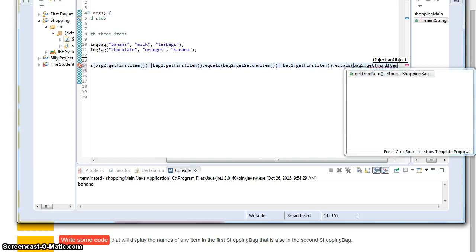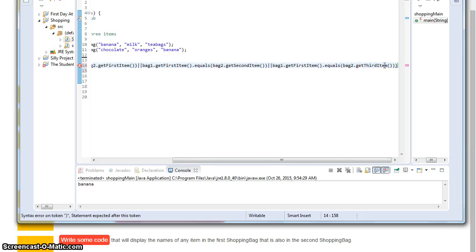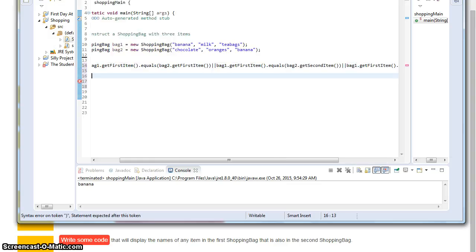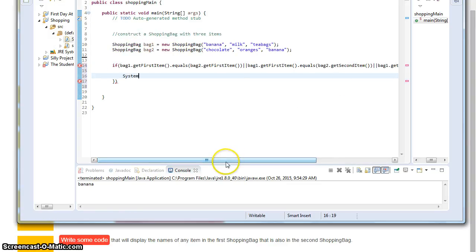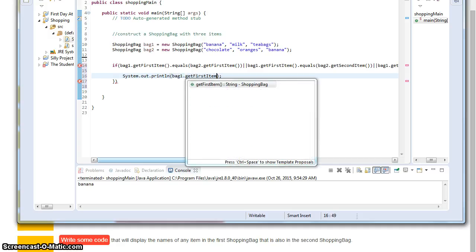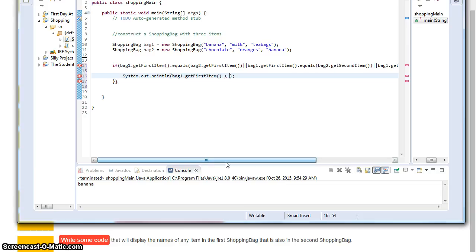I'm now comparing the first item of bag 1 with the third item of bag 2. System.out.println bag1.getFirstItem is in